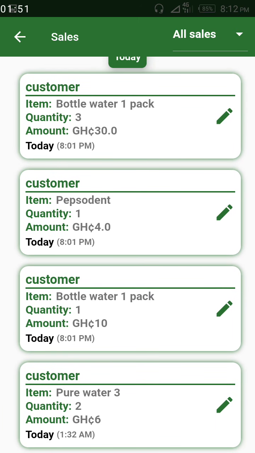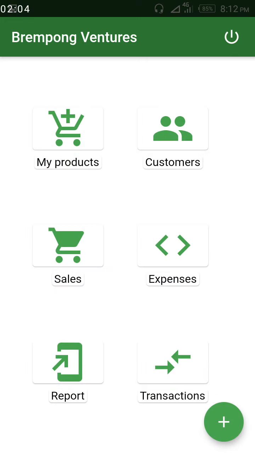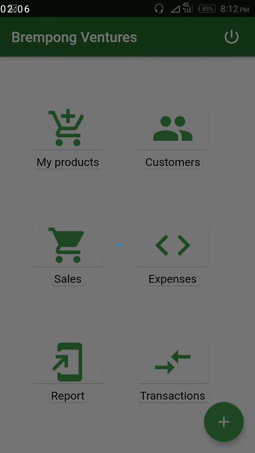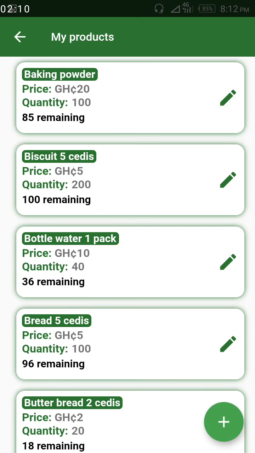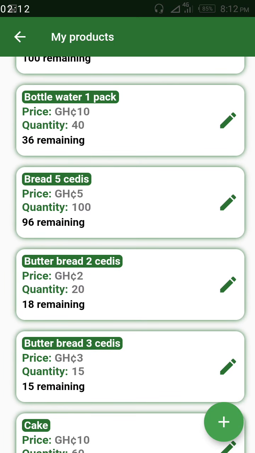Now when you change it to 1, it is going to affect the quantity. It means that the remaining will increase, because you have reduced the quantity sold. So let's go and check. When you come to my products, bottled water, you see that now it is 36.